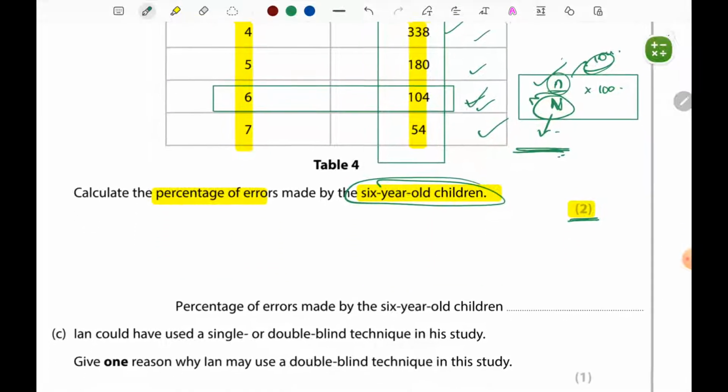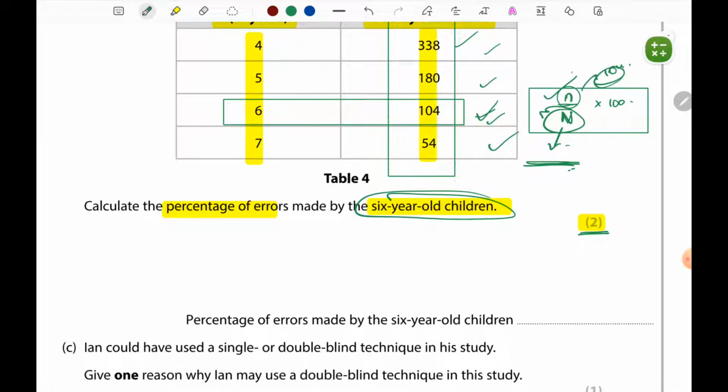In terms of what exactly we have to show in calculation, we should show how we are calculating. So that first step should always be there. The substitution into the formula, we don't need to write the formula, but we can show the substitution which we are doing. So how I would put it is, percentage of errors